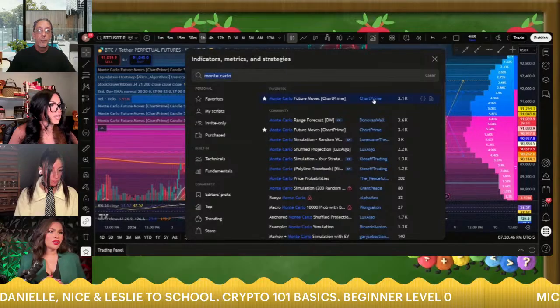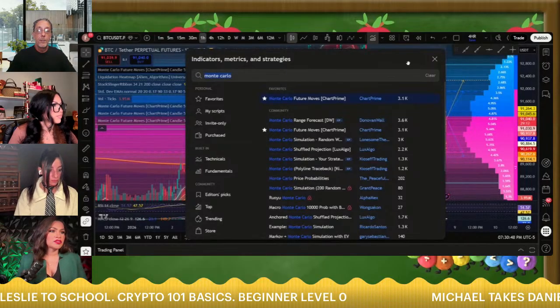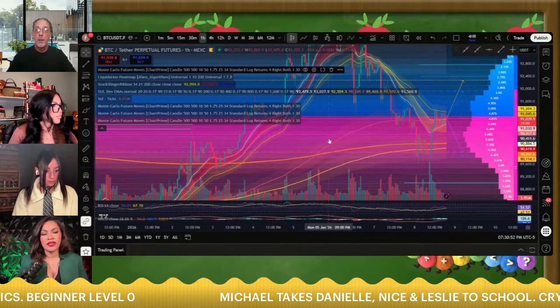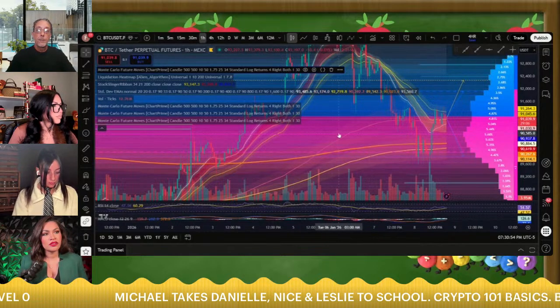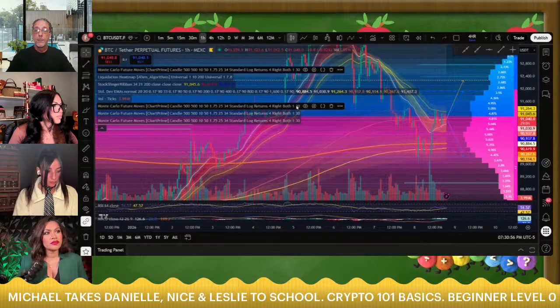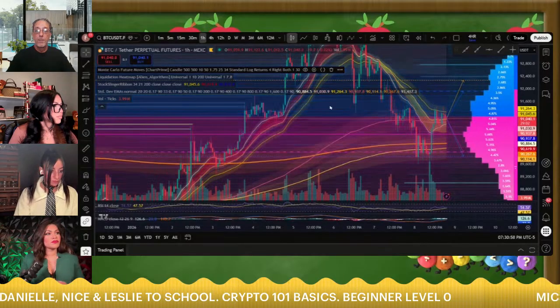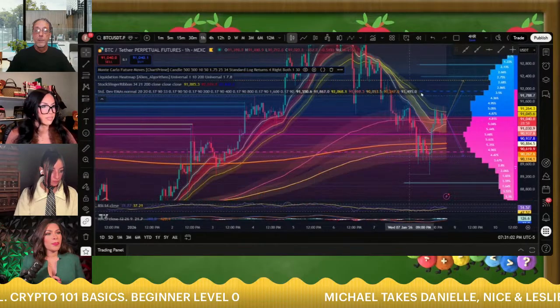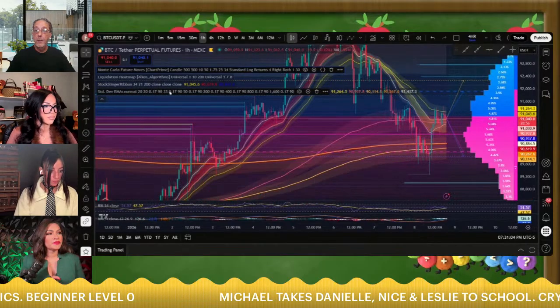Can you show us a chart where you have completely no indicators on it and then add the indicators? Yeah. Oh, you're going to remove them? Yeah, up here you can just take them down.